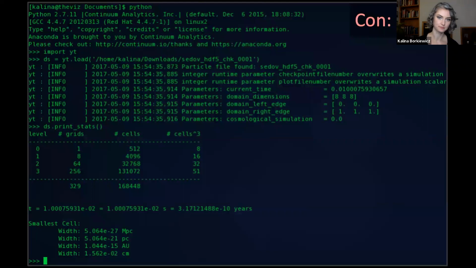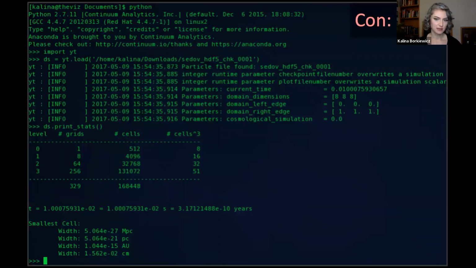So why isn't YT our primary tool? A problem that arises with scientific tools is that they often require some kind of domain expert to be able to even use the software. And in this case, YT is a Python tool, and it doesn't have a graphical user interface. So the required experts are programmers. Typically, when we're working on a project, our pipeline starts with the programmers, myself and Stuart Levy, ingesting the data and creating tools, which we then hand off to the artists and designers in our team. And of course, there's back and forth, but generally that's kind of how it starts and how it ends.